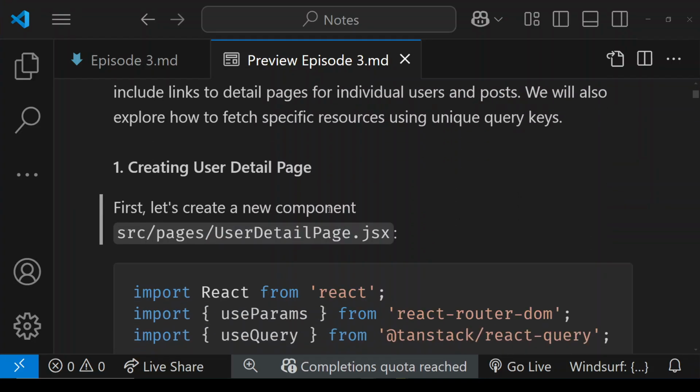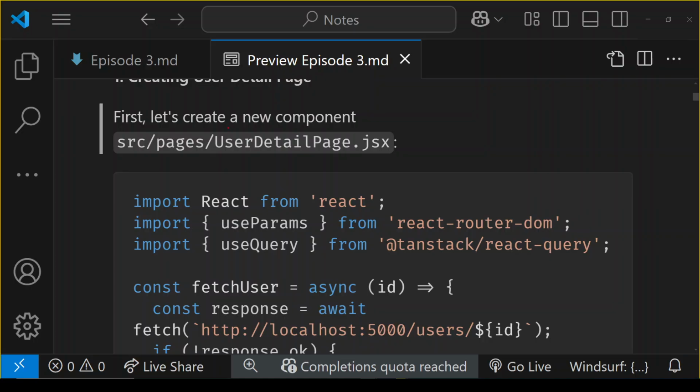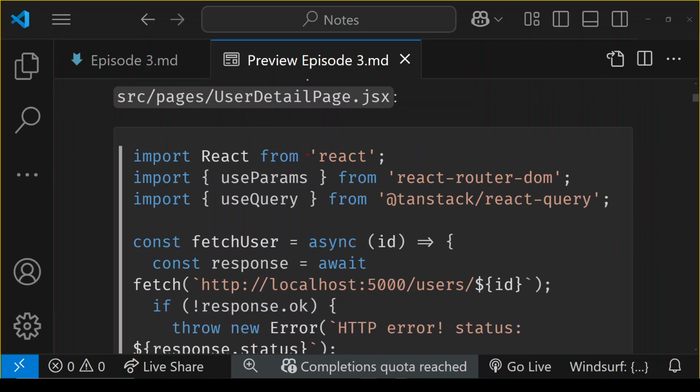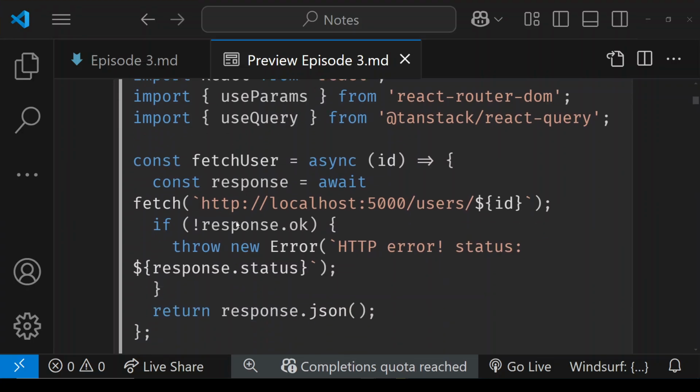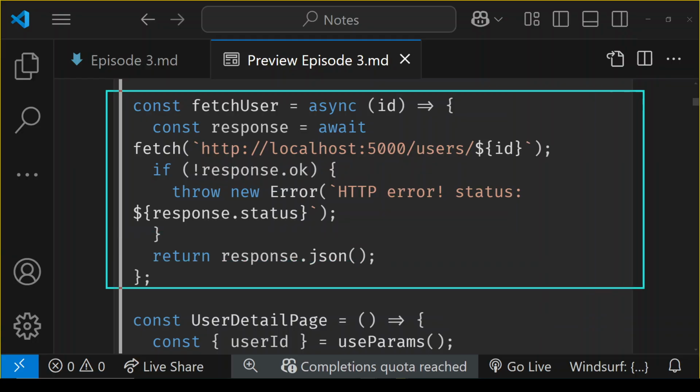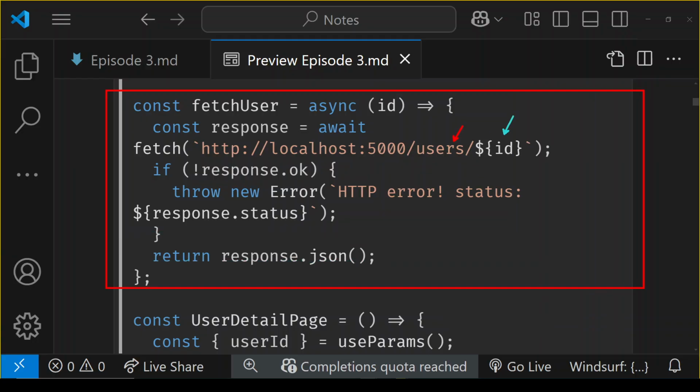Let's talk about creating the user detail page. We are going to create this component, UserDetailPage, right? And it's not very different from the code that we wrote in the previous episode. Again, we are using this hook, right? We are creating this function, right? But if you take a look here, we are passing in an ID, the ID of the user that we want to fetch. So this fetchUser, the other function that we had in the previous episode was fetchUsers. fetchUser is for getting one single user,